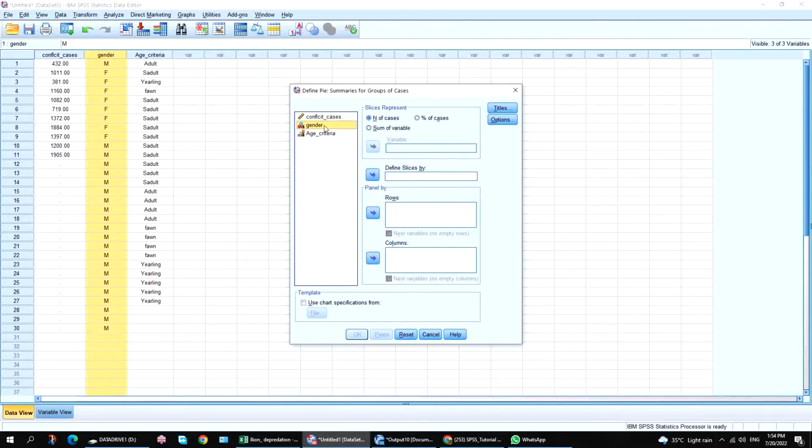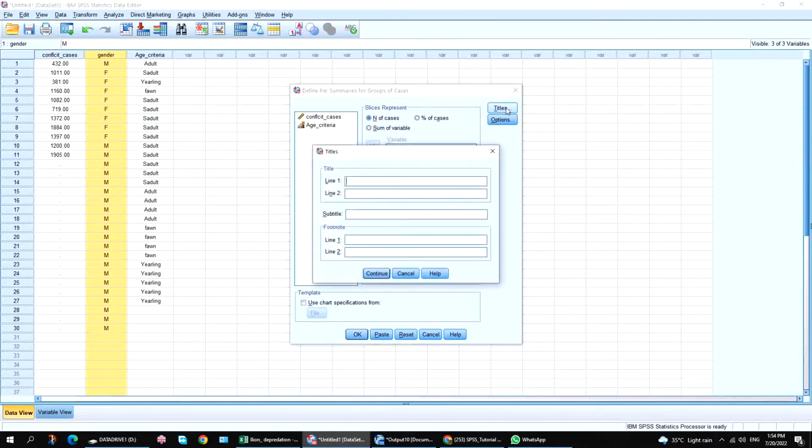I want to create a graph on the basis of number of cases, so this is checked in. Shift this gender variable data to this defines slices where, and then title, if you want to give, type the title over here. Gender discrimination,